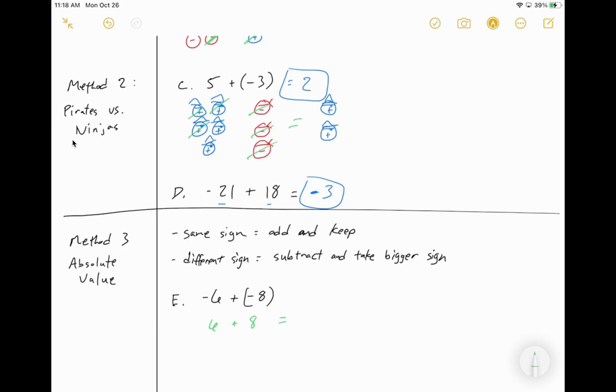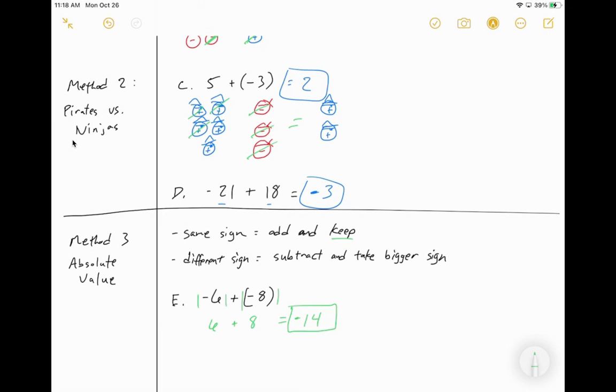And what's 6 plus 8? So if I did absolute value, it would be like that. What's 6 plus 8? Okay, you can do that in your head. Again, no calculators, right? Okay, good. Now the answer is 14. Now the question is, should the answer be positive 14 or negative 14? Well, remember, same sign, add and keep, right? So the answer is just negative 14,